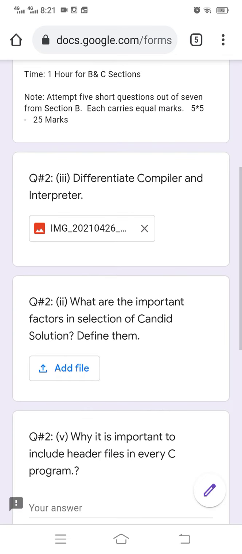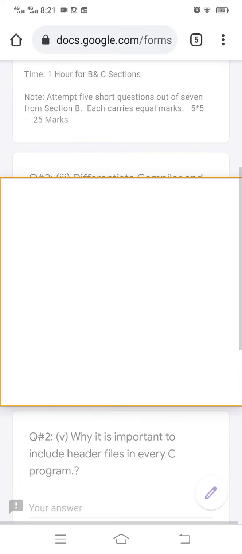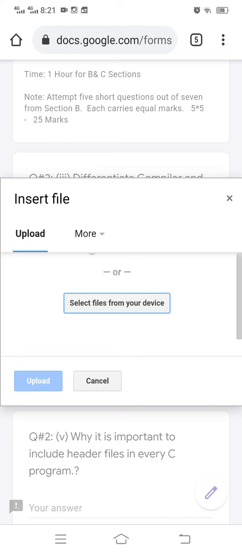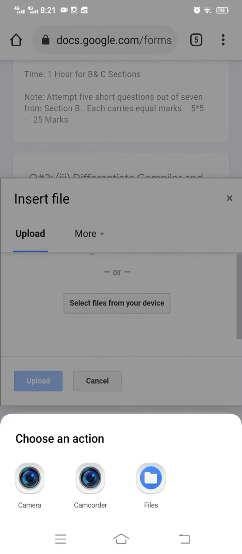This uploading of the file may take some time. So here you can see that you have just written your answer on the answer sheet, and you have taken the image and saved it in your gallery, or you can use the current option of camera with this add picture. Like here in the second part, question number 2, second part, we are going to take a picture. For this purpose, what we will do is click at add file and then go to select file from your device and then select the